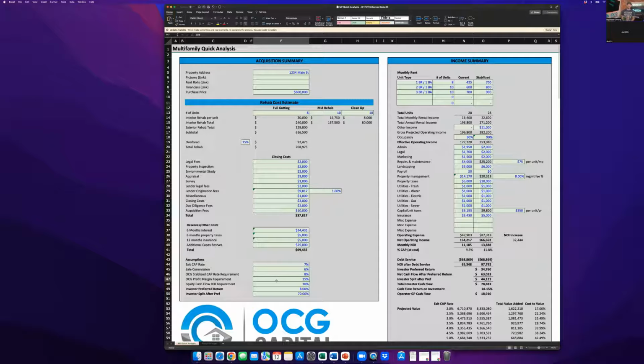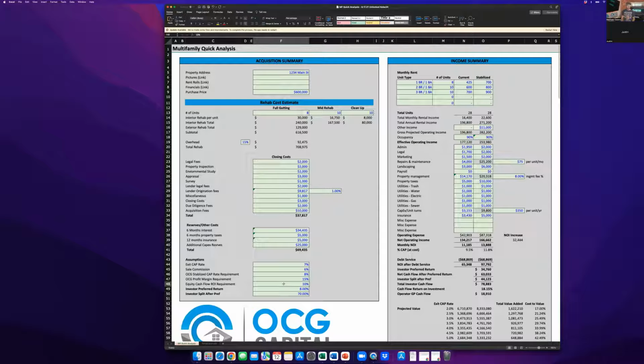So if I need to sell this, or if there's a change in the market and my market value drops, or rents drop, or financing goes up, I'm well insulated from any changes like that in the market that are the biggest risks that I see for multifamily right now. So in addition to that,